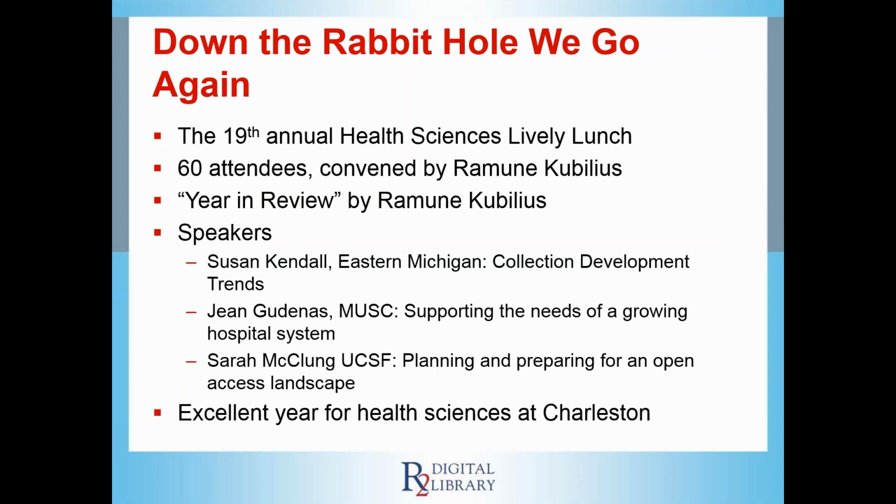And Jean talked about the phenomenon of trying to explain to her bosses that you can't just add 6 community hospitals to the UpToDate license because the UpToDate people are going to have something to say about that. So that was a very interesting talk, and that trend towards growing hospital networks is one that is on the increase. So I think that was very helpful to the audience to hear about her experiences in navigating that process. And then finally, Sarah McClung from the University of California, San Francisco. Certainly, this was one of our themes of the meeting across all subject-specific groups, but Sarah specifically spoke about planning and preparing for an open access landscape.